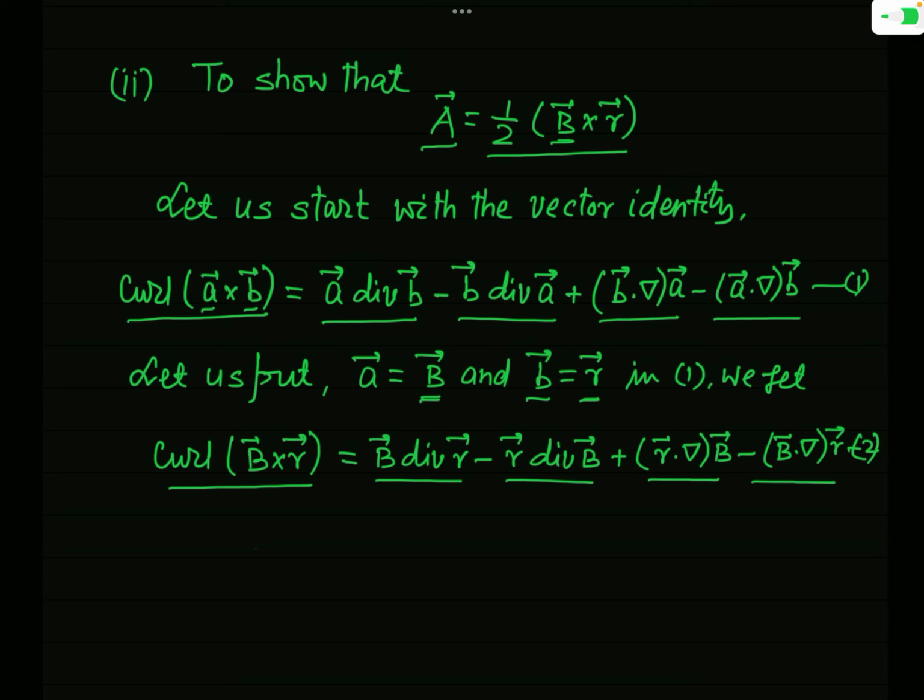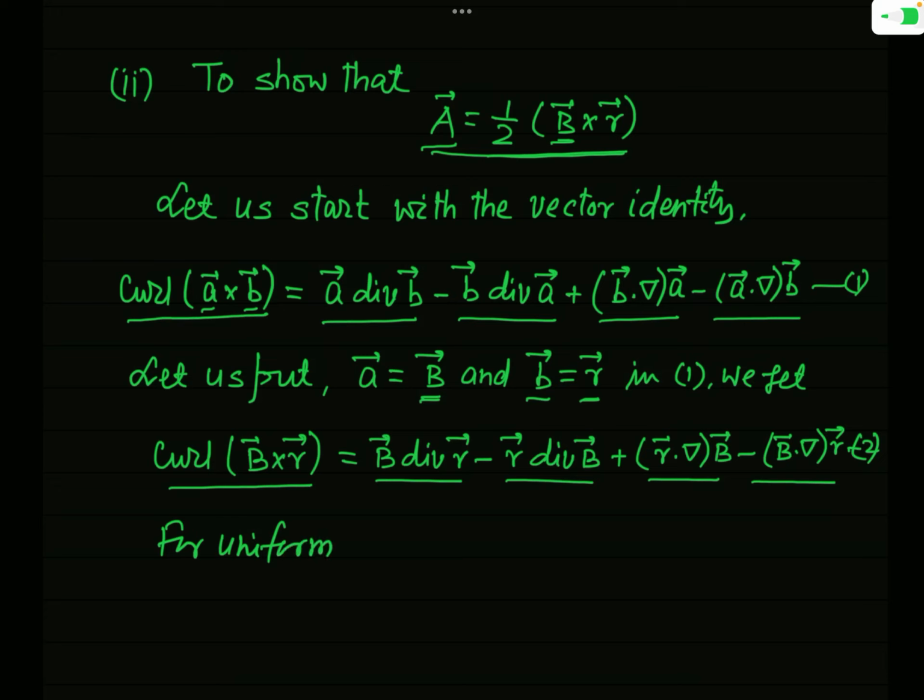Now see, as I have told you, this result which we have to prove holds only when the magnetic field is uniform. So if the magnetic field is uniform, you will see that two terms in the RHS will vanish. That will be 0. And what are those two terms? You can recognize it. So for uniform magnetic field,